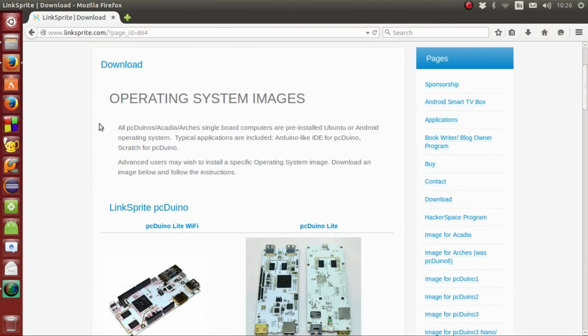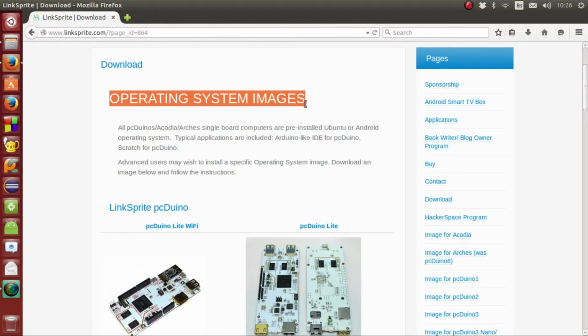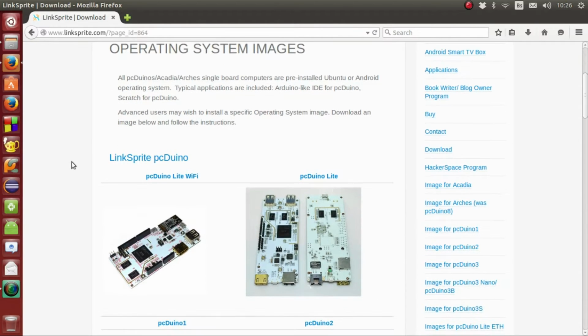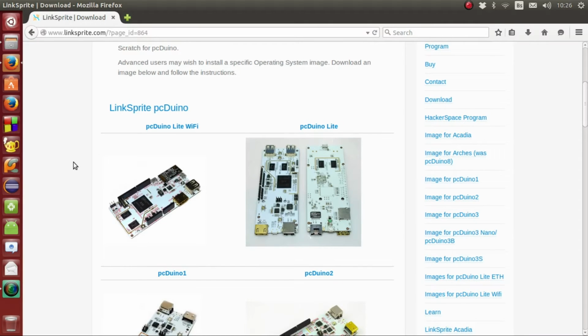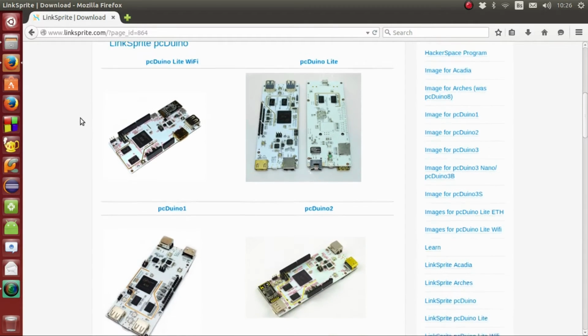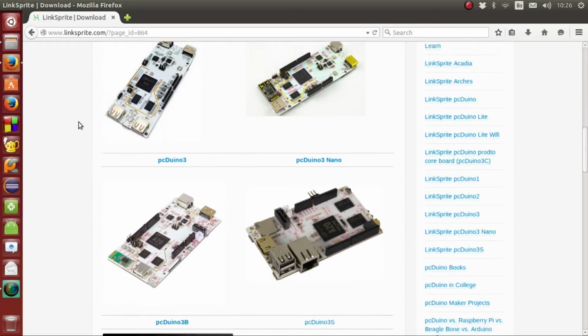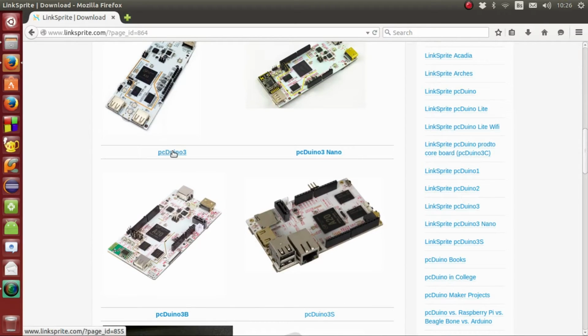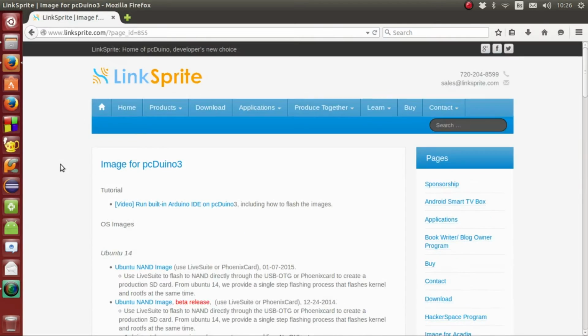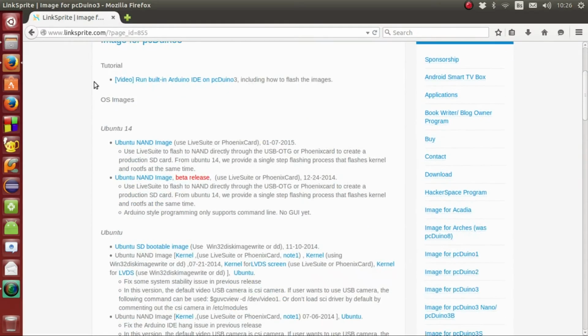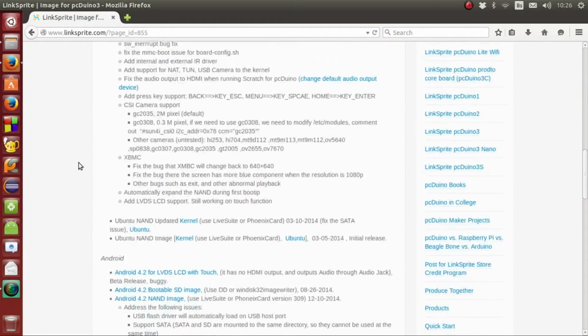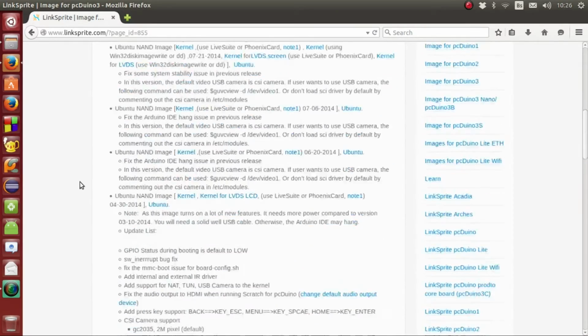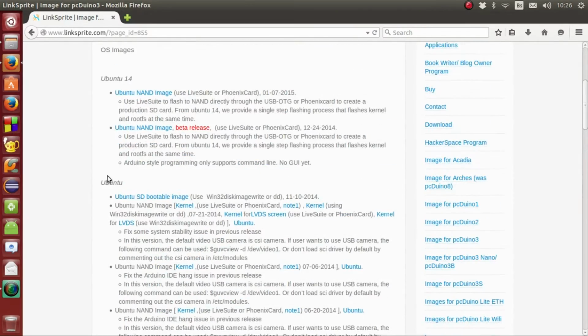Here, as you can see, you have operating system images, and that's what we will use during the reinstallation process. So now choose your pcDuino. In my case it's pcDuino3, and then you will see a lot of files in here. So the one we will use is Ubuntu,